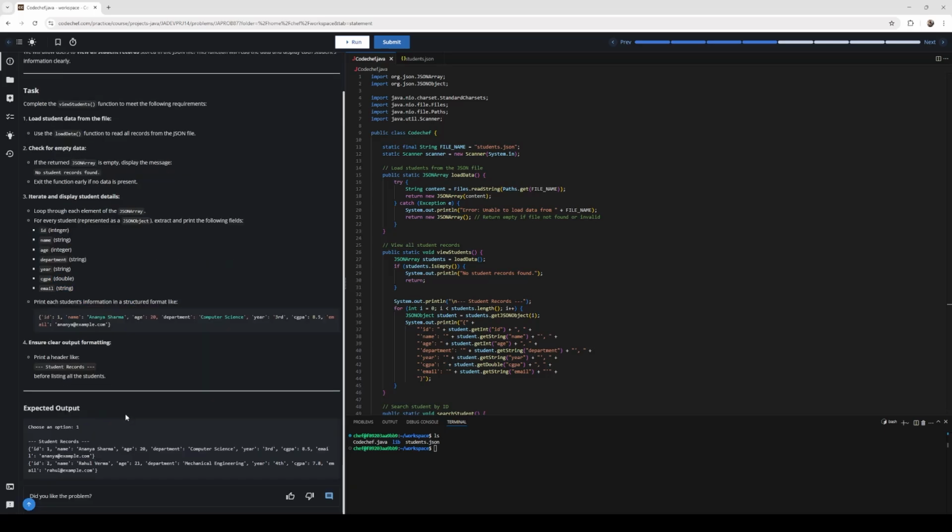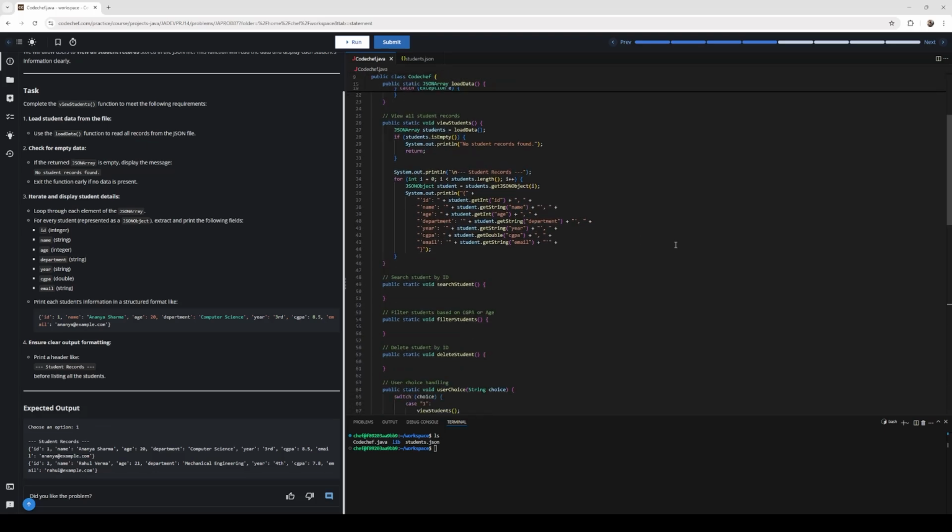Coming to the code, let's look at the viewStudents function. In the viewStudents function, first we're going to call the loadData function, and we're going to store it in the students object, which is of type JSON array. And if students is empty, that is students contains no data, then we're going to print out "No student records found", and we're going to return out of the function. And if it is not empty, then we're going to print out student records, and this for loop is going